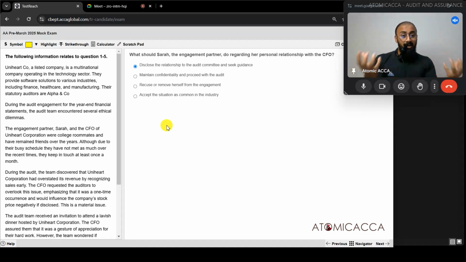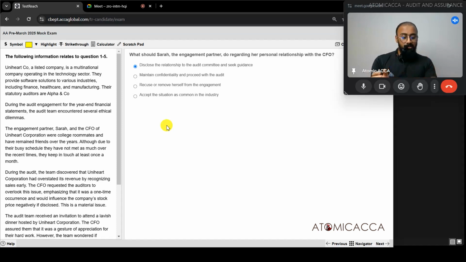They both will still meet. They will have their shared opinions and things, which means if some problems come up during the audit, this will automatically go to the senior management level, and the senior management from both sides are friends. They will discuss this, and this will cause the audit team to overlook most of the issues, or whatever audit risk they find out. This will have to be compromised during the audit, which means even if you disclose it to the audit committee and even if you seek guidance from them, this is not going to completely cut off this problem of familiarity.